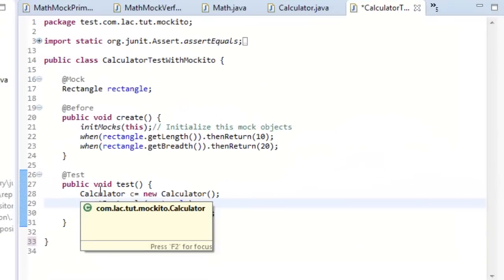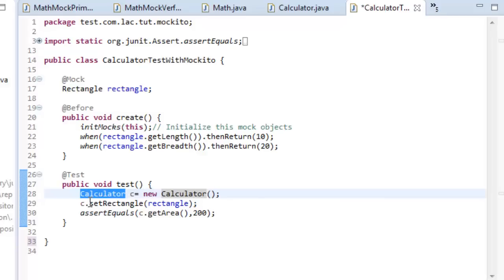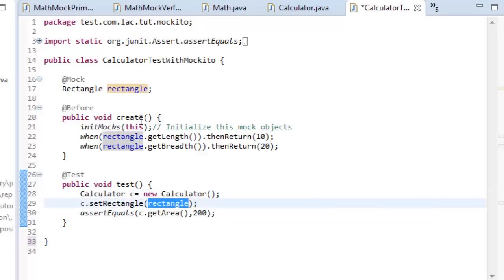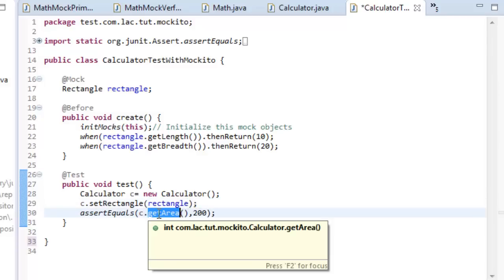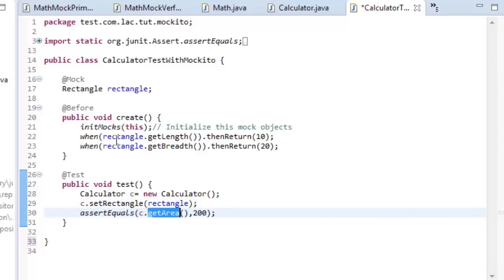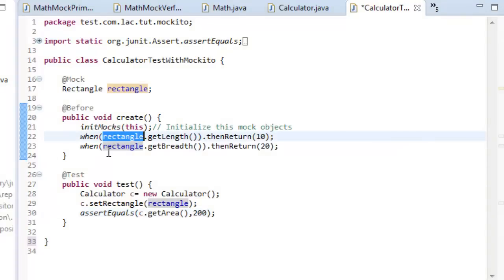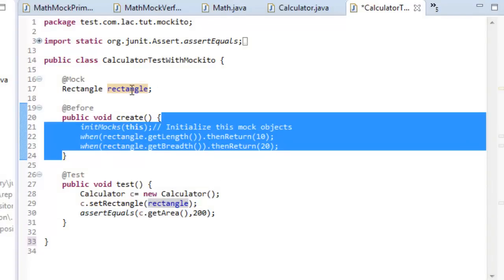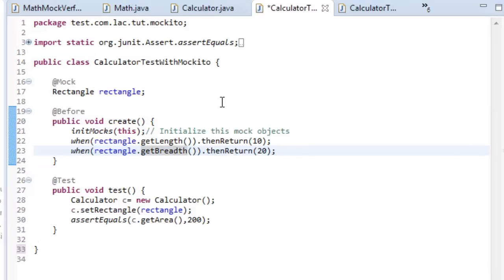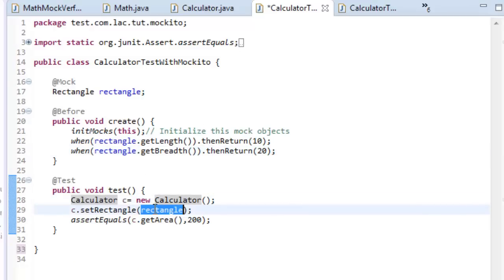Here I am creating a calculator object and passing the rectangle, the mocked object, as its argument, and trying to compute the area. Get area gets the area of the rectangle, and the behavior of length and breadth I define for my mocked object here. Here we can notice that we create a calculator object and pass the mocked rectangle object as its argument, we define the behavior of rectangle here, and we run our test case.